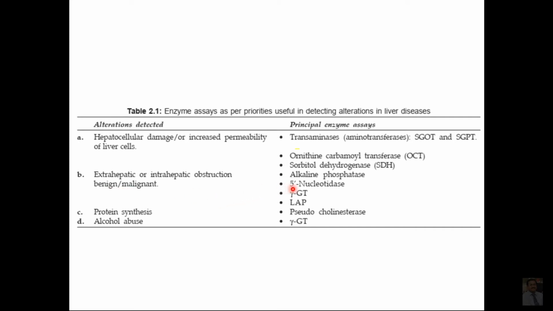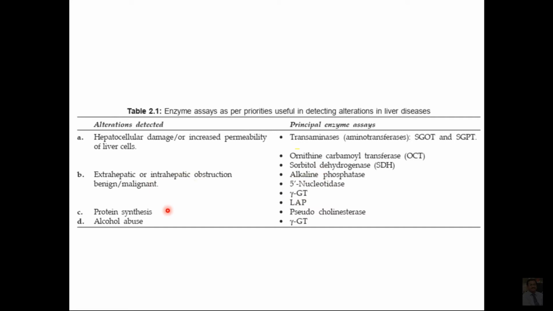For this, we can use the alkaline phosphatase enzyme, 5' nucleotidase, gamma glutamyl transferase and LAP. All these four enzymes, that is alkaline phosphatase, 5' nucleotidase, gamma glutamyl transferase and LAP, are responsible for the determination of this function. This is the alteration detector. Next, coming to protein synthesis, as I already told, albumin